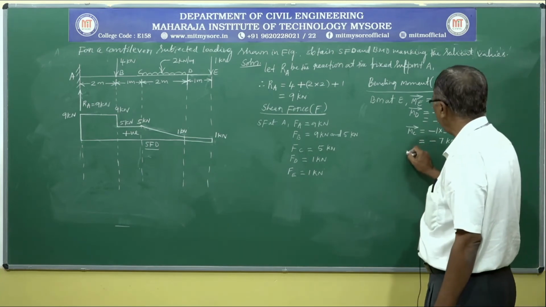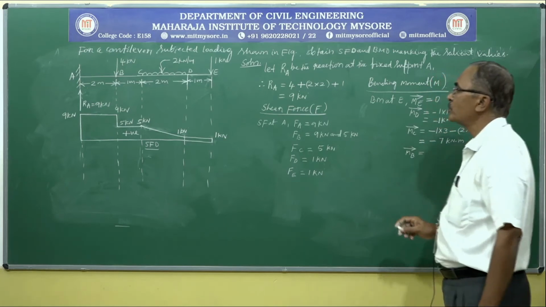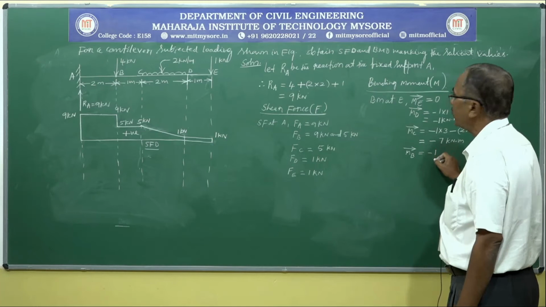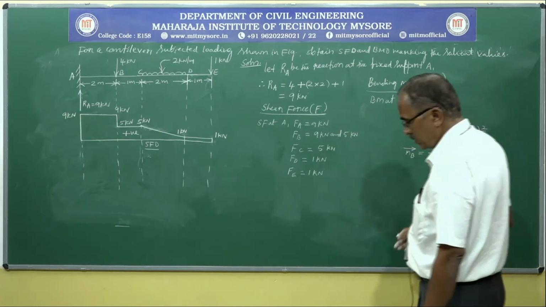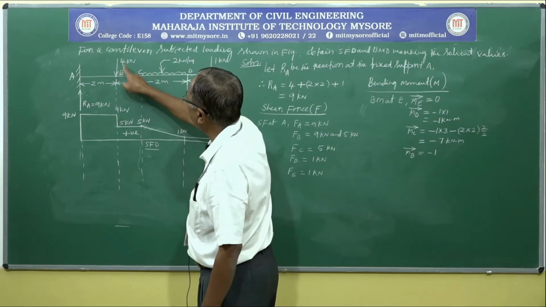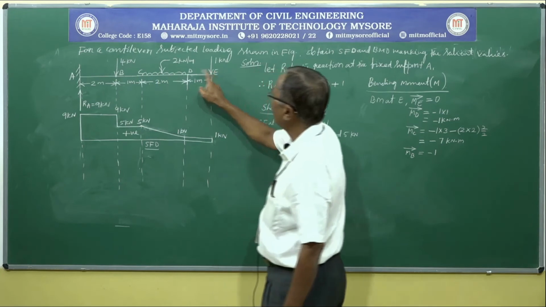Next, bending moment at point B, MB. Consider all the forces to the right hand side. To the right side there are 3, of course including this point, this 4 kilonewton. This is not creating any moment and we are not considering that one. We have to consider both this point load and UDL.